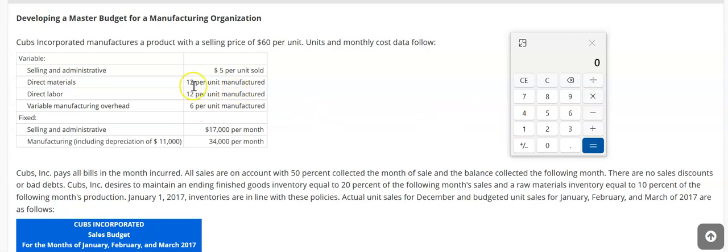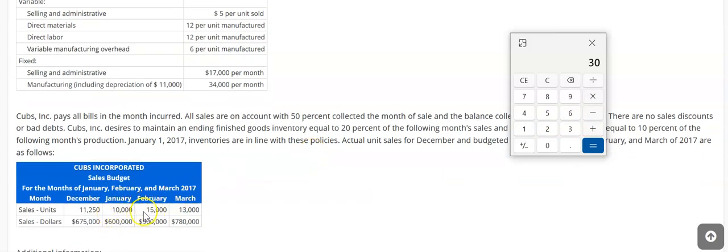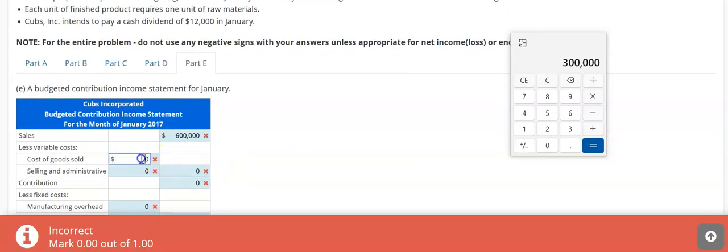So we can just add those up, 12 plus 12 plus 6, and get 30. And then multiply that by the 10,000 units that we sold. And that's going to give us our cost of goods sold